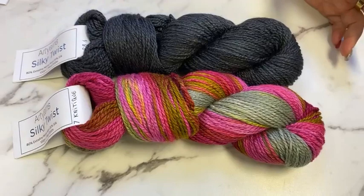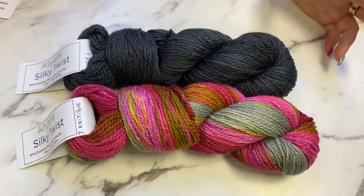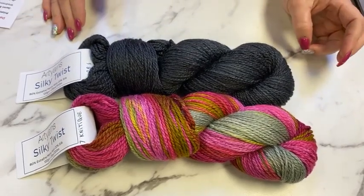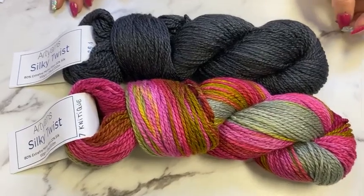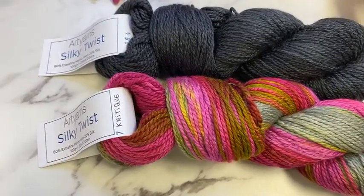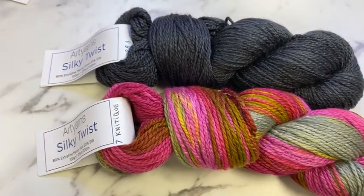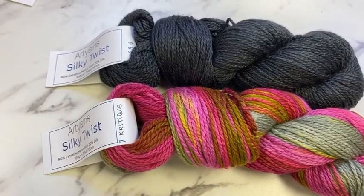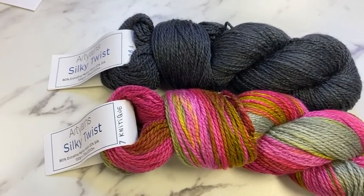Some of the people are doing lighter versions. There's lots of options in this. Melanie's wearing her 7 Natique sweater right now. We need a selfie, Melanie. Depending on the size you're doing, you're going to need different amounts of yarn. I believe everything is on our...